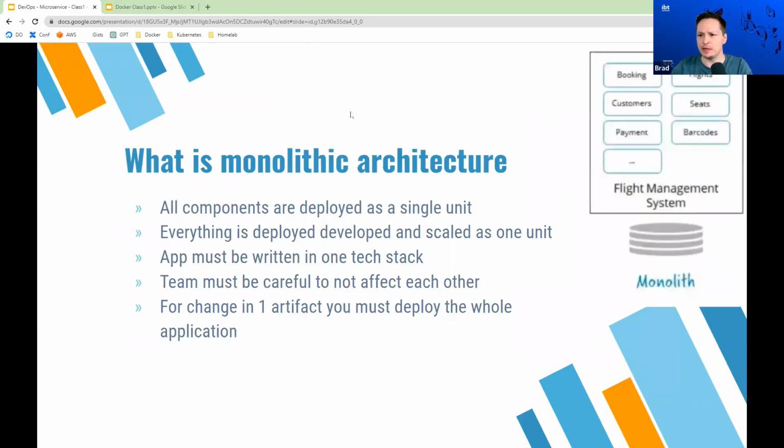So let's talk about the monolithic architecture. With the monolithic architecture, all components are deployed in a single unit. We have an example application here, and you can kind of guess what this application would be about, right? It's for booking flights. Just think about when you've booked a flight. You had to go onto the airline, you had to sign in, you had to find a flight, you had to book it, you had to assign seating, you had to make a payment at some point.